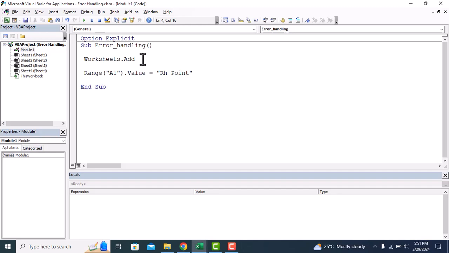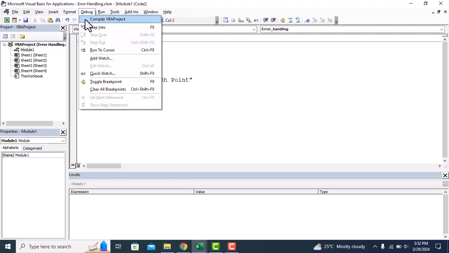For example, here normally we add the method to this object. So instead of add, let me just write value. As I implement the value, it also capitalizes the V, and obviously this method is available, but we have to see whether it is compatible with this worksheet or not. This method is compatible with this worksheet, so if we want to check this one, we have